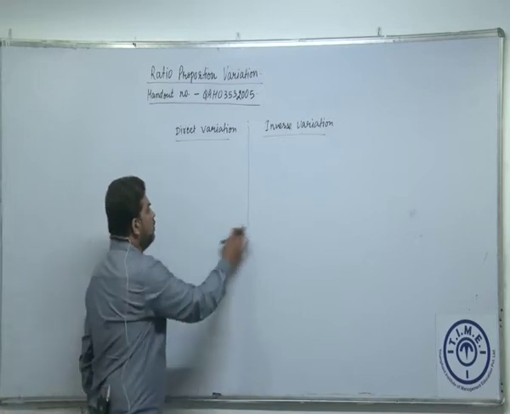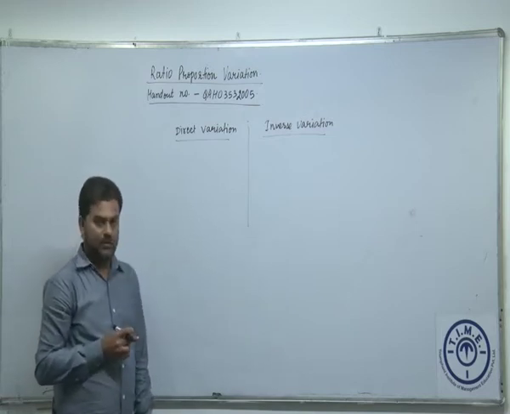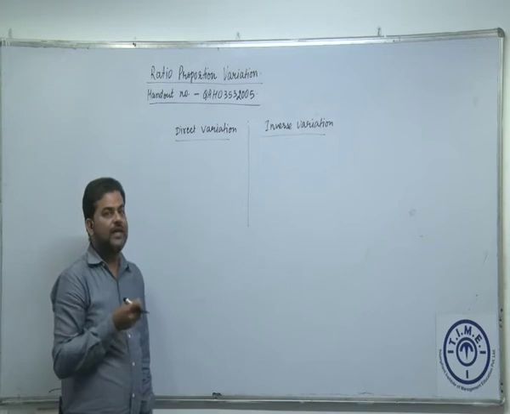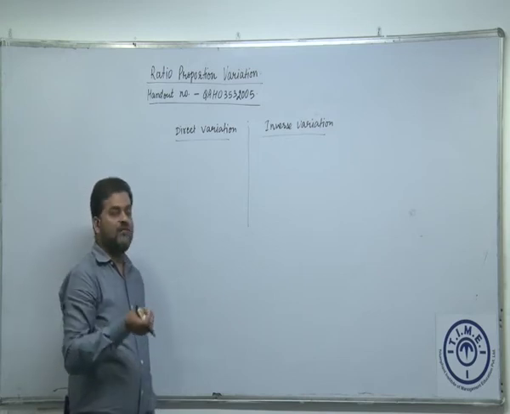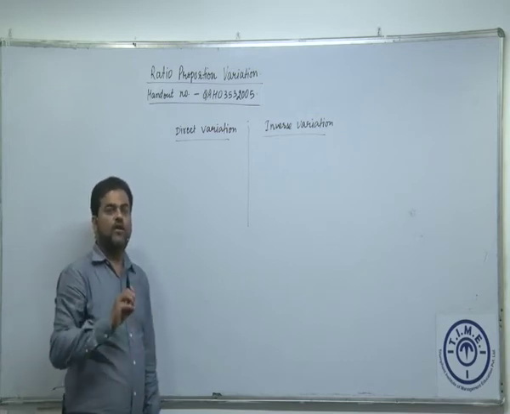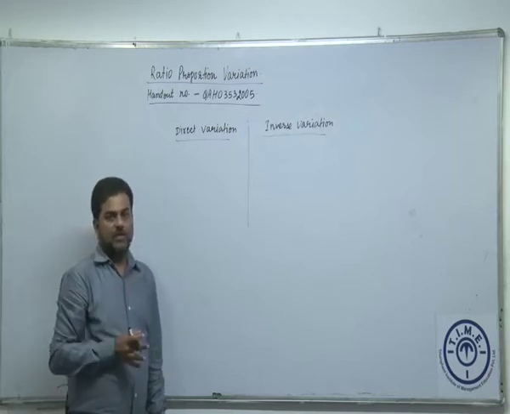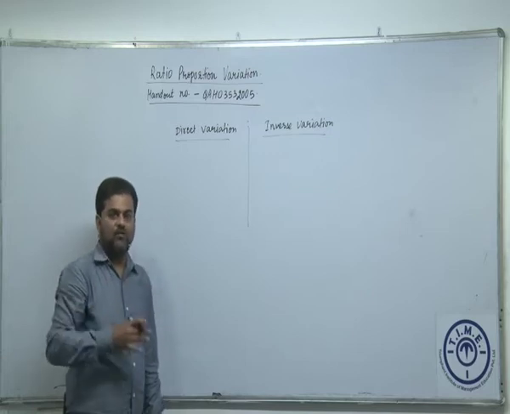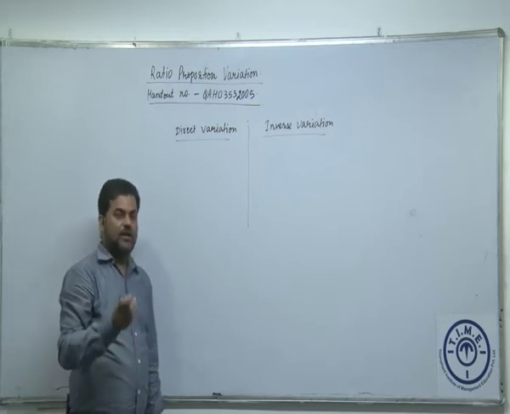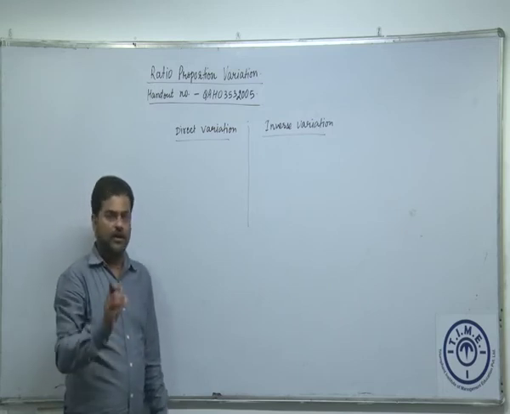Suppose there are two quantities A and B, and we are saying A is directly proportional to B, or we can say A varies directly as B. In case of inverse, we will say A is inversely proportional to B, or A varies inversely as B, right? Suppose the question says A varies as B. If the word direct or inverse is not mentioned, then by default we will say that A varies directly as B. If you are saying A is proportional to B, it means A is directly proportional to B. So if no word is mentioned, by default it is direct variation or direct proportionality.